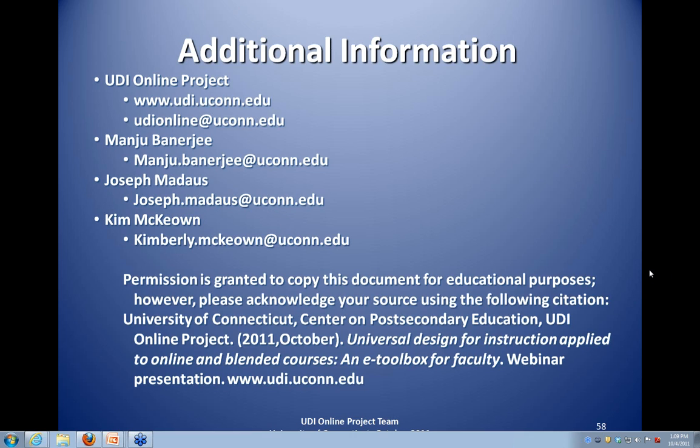And another question while people are responding to that: any advice for working with faculty who are resistant to e-tools and/or use inaccessible ones? That's a good question. Perhaps what we would suggest, as far as using e-tools, is starting small and showing the benefit of one easily implementable one, and then building off of that.